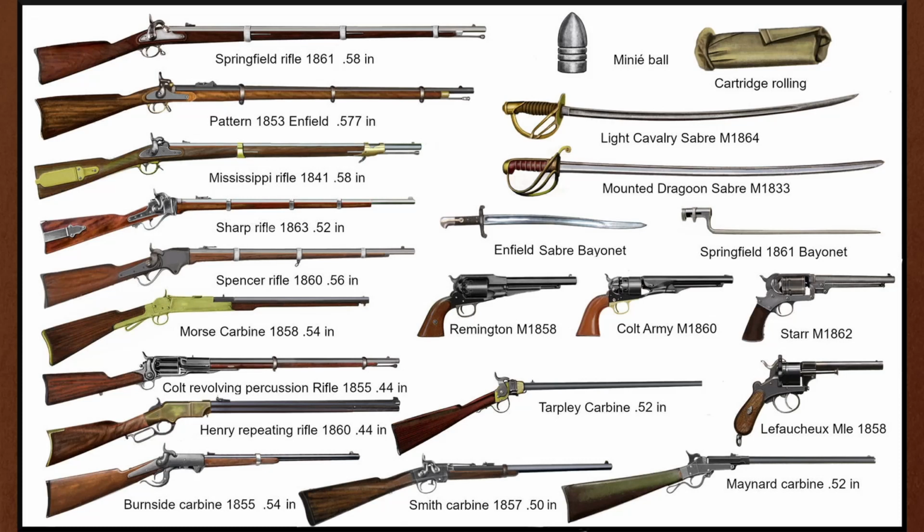You can see the different rifles and breech loaders here pictured. We've got the Springfield Rifle 1861 that I mentioned last slide, the Pattern 1853 Enfield, the Mississippi Rifle of 1841, Sharps Rifle 1863, Spencer Rifle, Morse Carbine, Colt Revolving Percussion Rifle, Henry Repeating Rifle, which was the one I just mentioned that had the 20 shots, the Burnside Carbine, the Minie Ball, which was the quintessential round being fired from the rifled muskets, their sabres, their bayonets, their Remingtons, Colt Armies, and Starr revolvers, the Tarpley Carbine, the Smith Carbine,